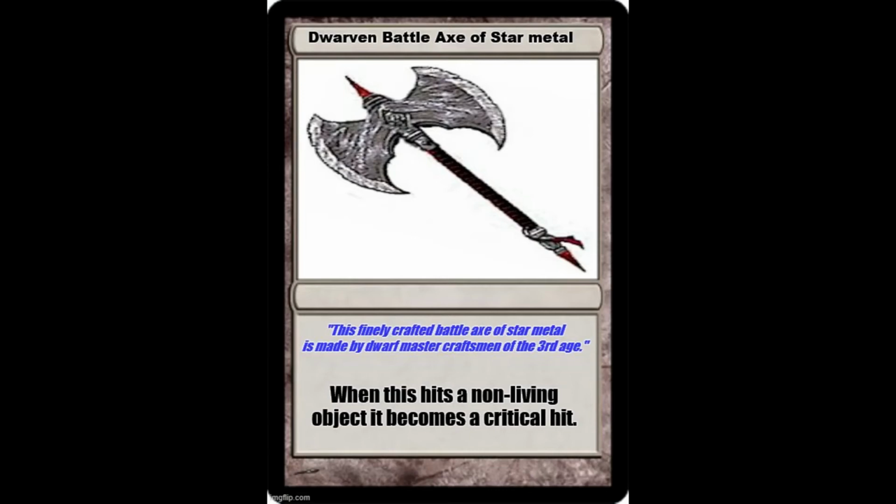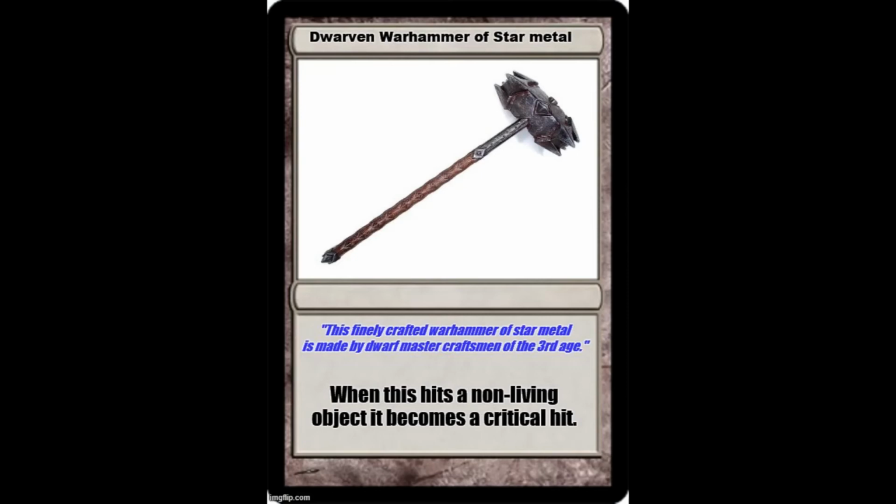But fragments of the meteorite have fallen to the earth, and dwarves have made weapons out of this, as well as armor, as well as some humans have made metal out of this. Now, for weapons, what this does is it's such a heavy steel that whenever it touches a non-living creature, it becomes a critical hit. So it's great for breaking down doors,